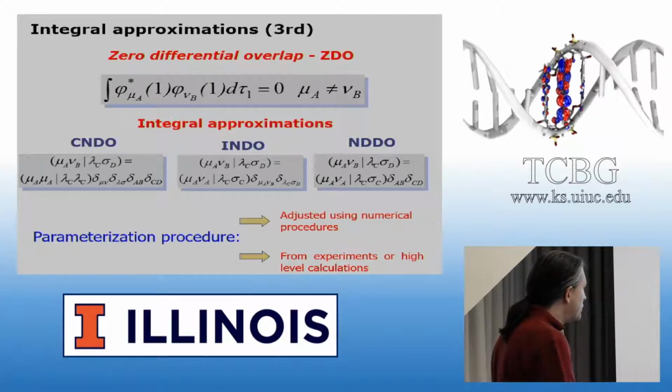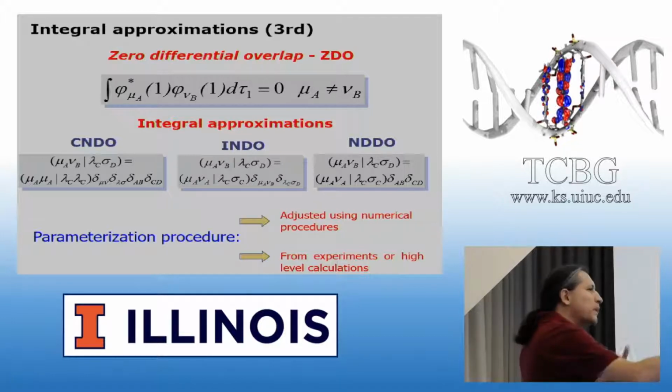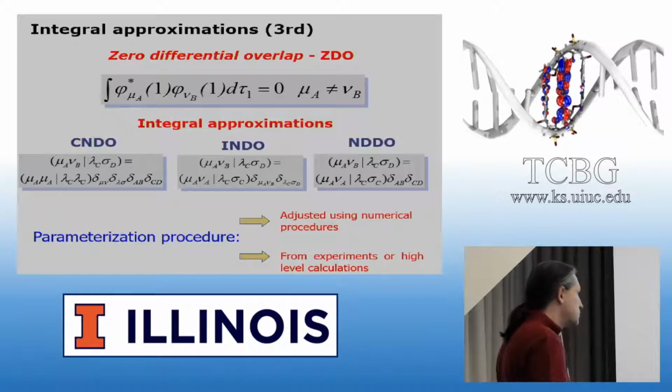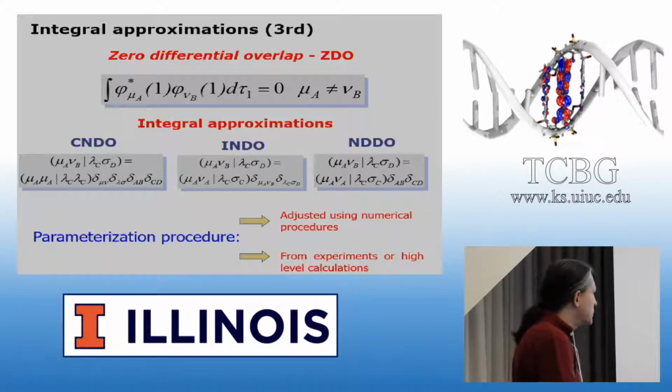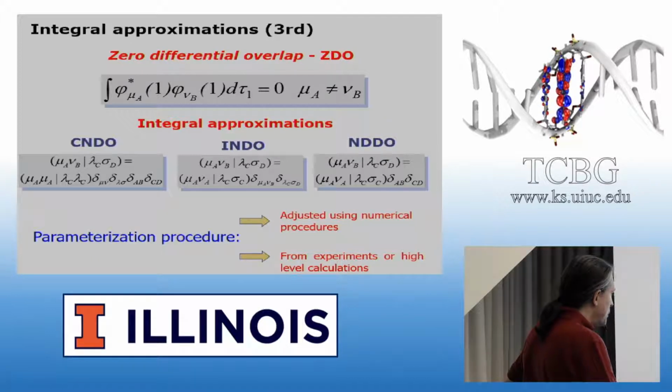And you have the more complete approximation, if you can say something like that. This is NDDO, and in the NDDO formalism of semi-empirical methods, you need to calculate all two-electron integrals